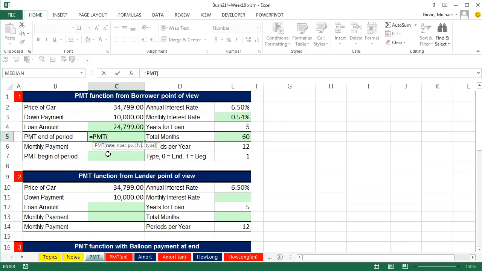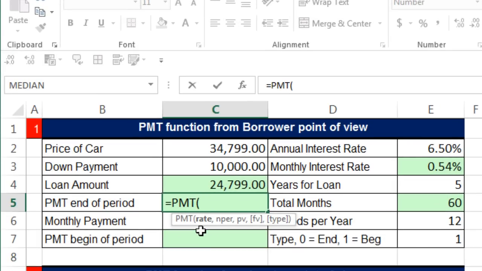Now, there's a bunch of arguments here, and there's notes over there, but the rate is always going to be the period rate, the interest rate. So we're going to say monthly, comma. NPER means number of periods, and in particular, it means total number of periods, so that's 60. Comma, the present value. Present value just means on the day you went out and borrowed the loan, how much was the loan worth? What is the present value of that loan? Well, it's